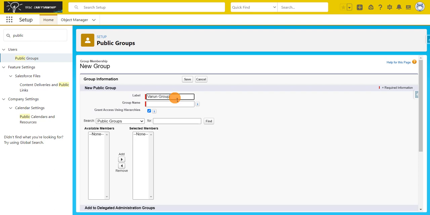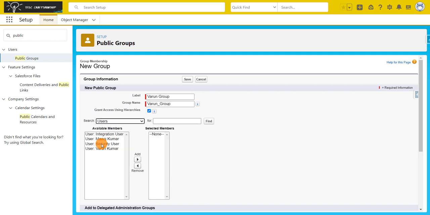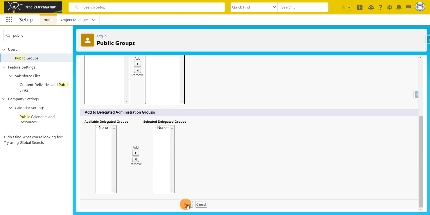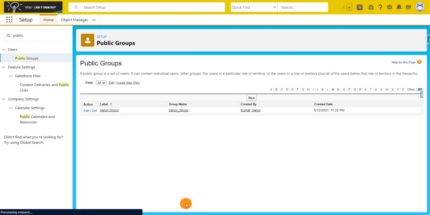Inside Varun group, I'm gonna add a user, Varun user itself, and just click on save. So I just created a group called Varun group, and in this group, Varun is the only user.